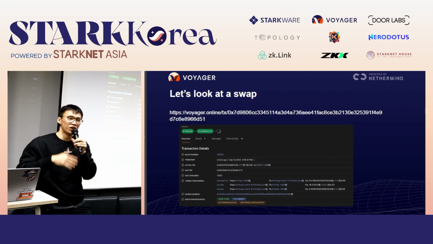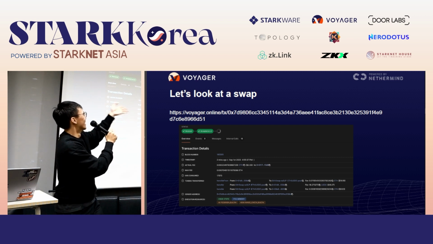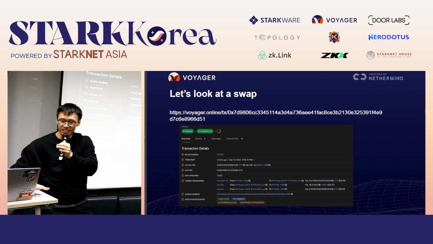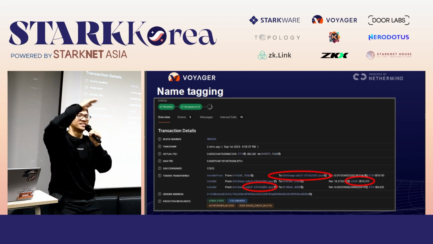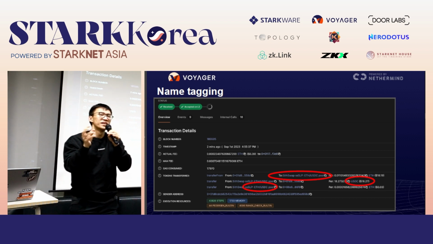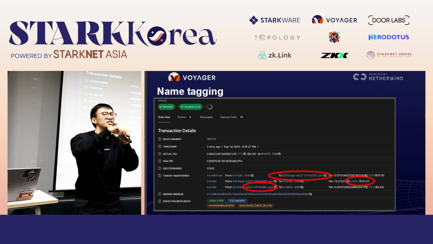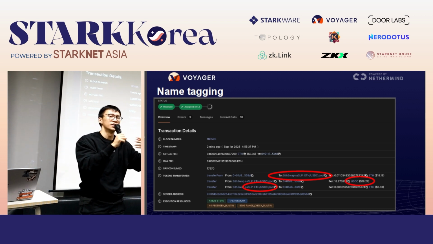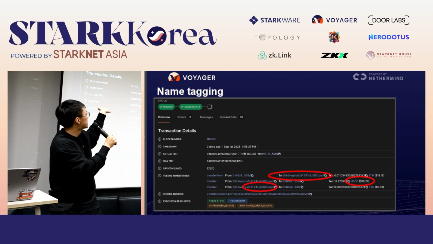For those who want to follow along, I should have included a QR code. This is the link of how a swap looks like. The first thing when you come to this page is that you look at the transaction detail. After a swap, you'll be given a transaction hash. The first thing you do is to click on it, or you copy and paste it and search in Voyager. The first page that you'll arrive at is the transaction